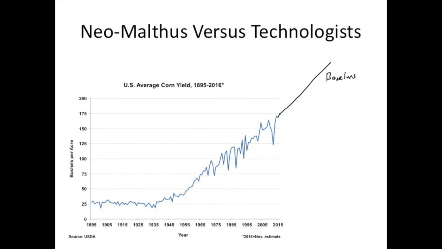I want to end this module by going back to our graph, U.S. agriculture corn yields, and again we're up through 2016, you see that there. And I've added a little line to it that we're going to call the baseline, which essentially extends the trend out. So if you can see that, what that baseline does is says if we continue growing at the same rate, this is what we would expect going out into the future.